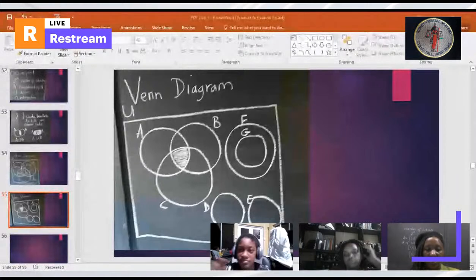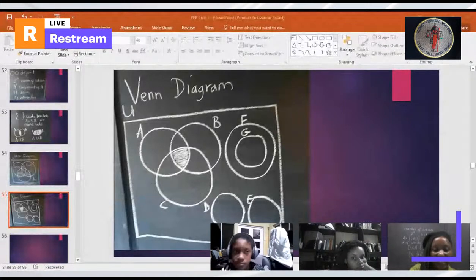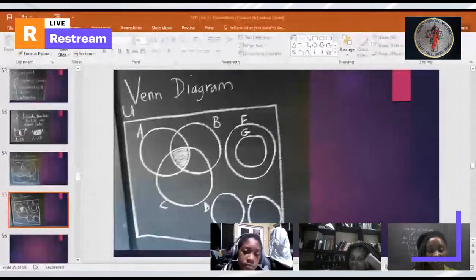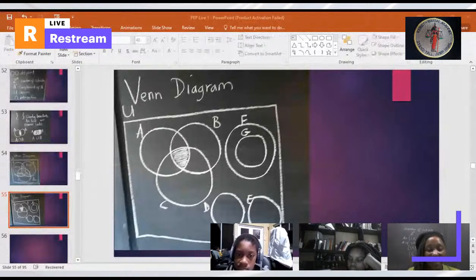Set A, B, and C, they intersect there in the shaded region in the middle. If we wanted to show the intersection of sets F and G, we would just shade set G,